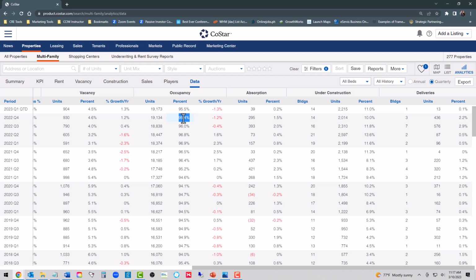In any case, other than that little tick down, I personally would have thought we'd have seen a little tick up in that fourth quarter, but it wasn't that big of a tick down to begin with. We're going to say that the Class B fundamentals are still there. Because we had that one slight little tick down, we'll have to see if that continues, but that may be showing a sign of a crack,